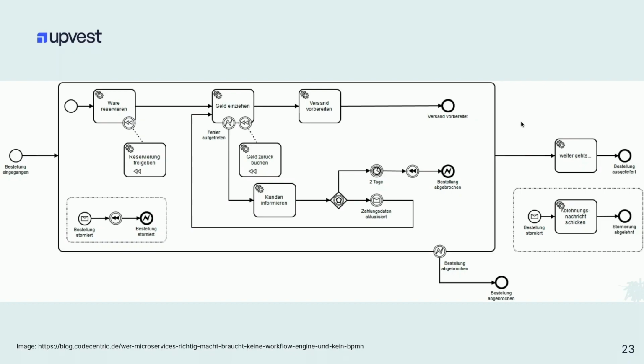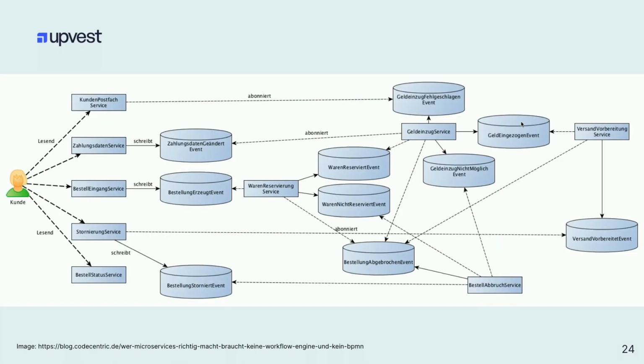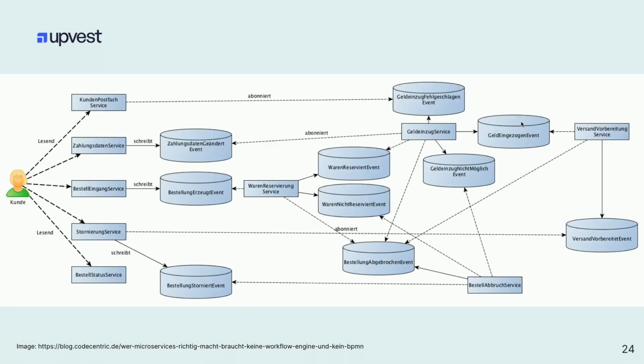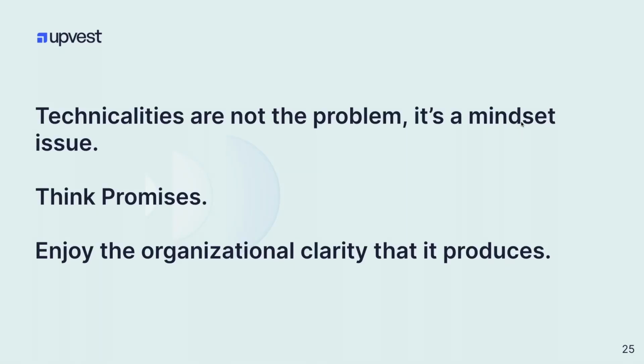And this is from a blog post that basically covers the same stuff that I cover here in this talk. And it's only a slightly more complex workflow, but has some cancellations in it and so on. But I think it gets difficult to fit on the slide. And if you want to discuss, this could easily be converted. Oh, should I go back for the picture? This can easily be converted into a more properly event-driven architecture, where these things that look like databases are actually the events, and the boxes are the services. So it's not all services, not that many. Just showing it's not about the technicalities.